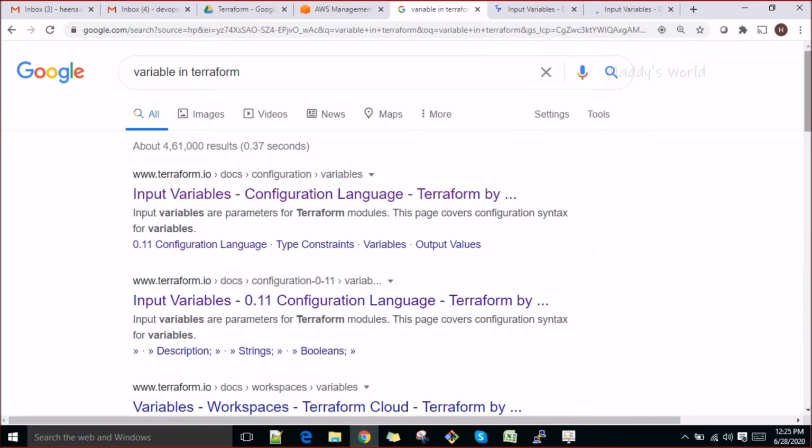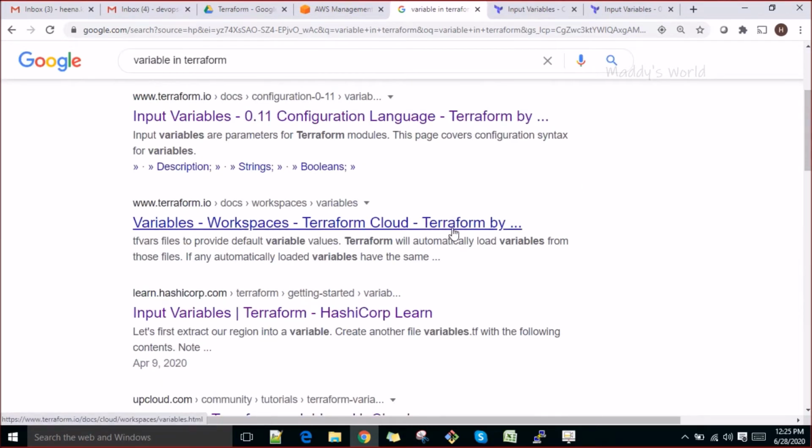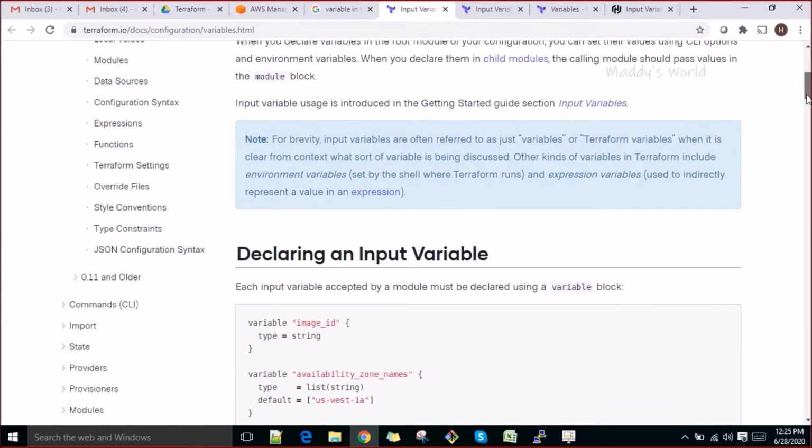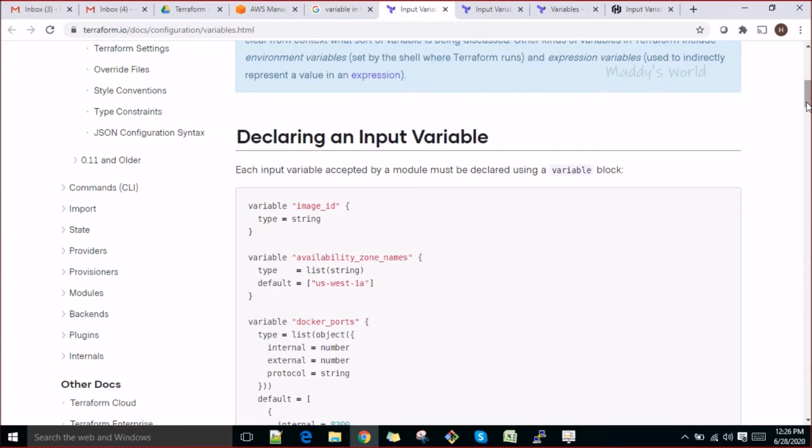You can go here and find the various types of variables we have directly. If you come down, it will tell you how you can declare your variable. The reason behind all this linting is just making your code very generic so that you can use it from one project to another easily. Here we are giving one variable, and the variable is image ID. You could put your image ID here, and when you write your TF, you can call this variable there.